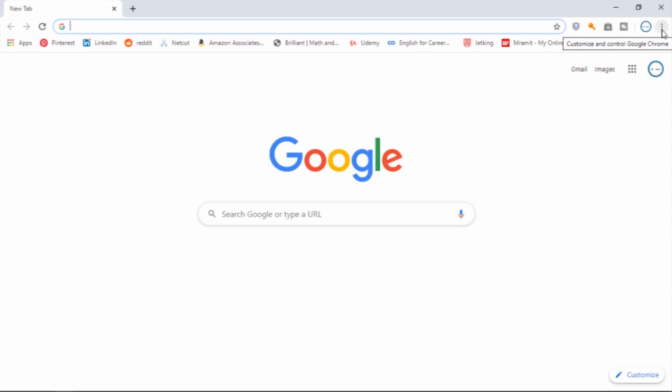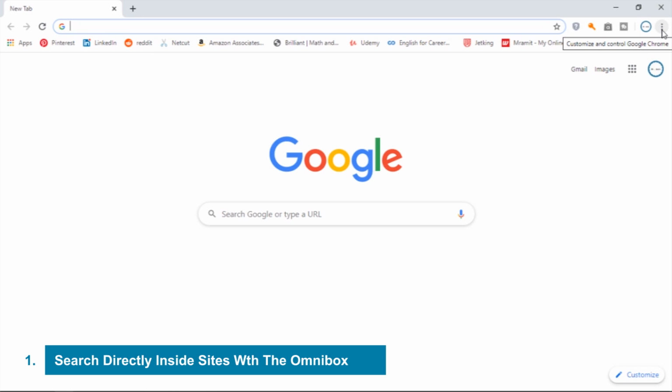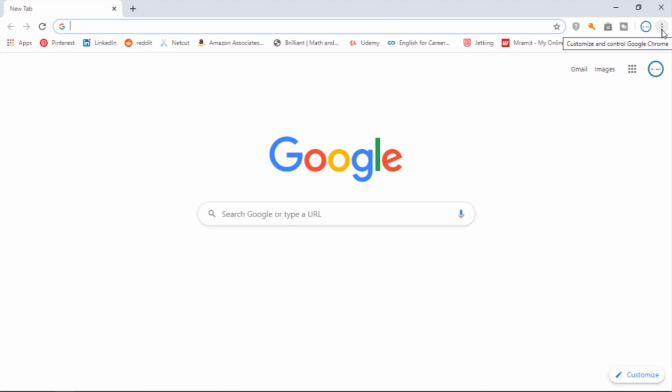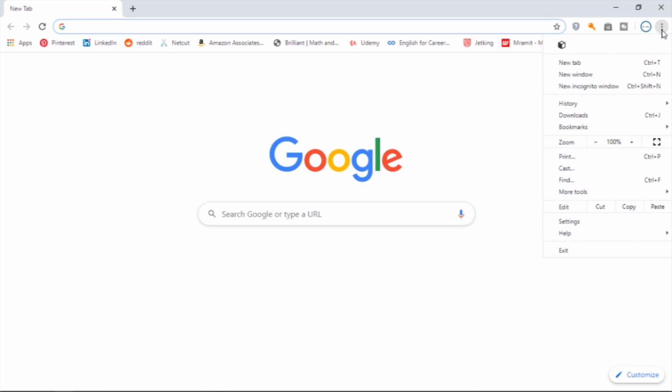Number 1. Search directly inside sites with the OMNIBOX. You can search through many websites without actually navigating to them, as long as they are in your list of search engines. This trick is beneficial. For example, to go directly to the Wikipedia article on penguin without visiting google.com or Wikipedia's front page, first go